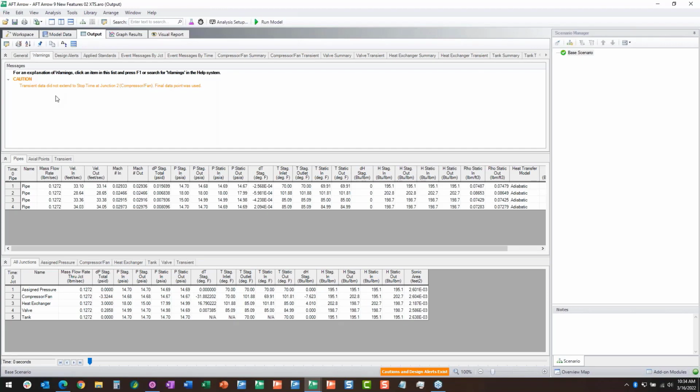The color coding, if we had critical warnings or warnings here in our model, those would appear in red to say, hey, these are important. You need to take a look at these. Cautions are going to be displayed in orange. Also, you can collapse these. So maybe you say, okay, I've already looked at my cautions. I already know what that is. I want to collapse it. I don't want to see it anymore. You can just collapse that caution area. You can do the same thing with the warnings or critical warnings just to make sure that this is staying organized. We've also improved some of the wording of some of these just to make it a little bit clearer, to make sure you, the user, are understanding what this warning or caution is trying to communicate to you